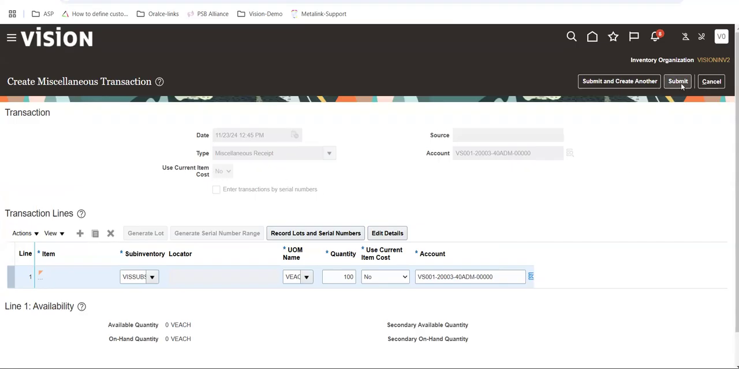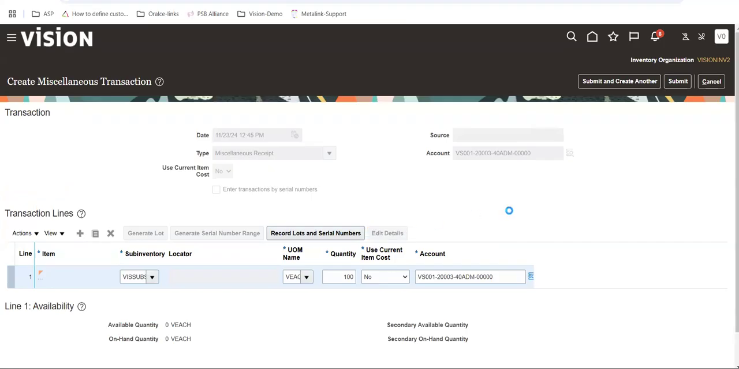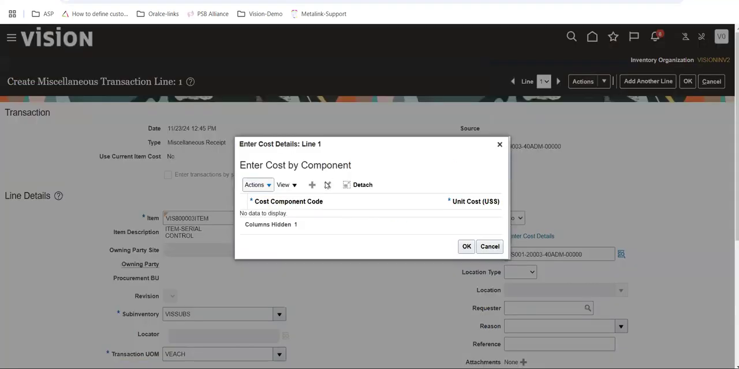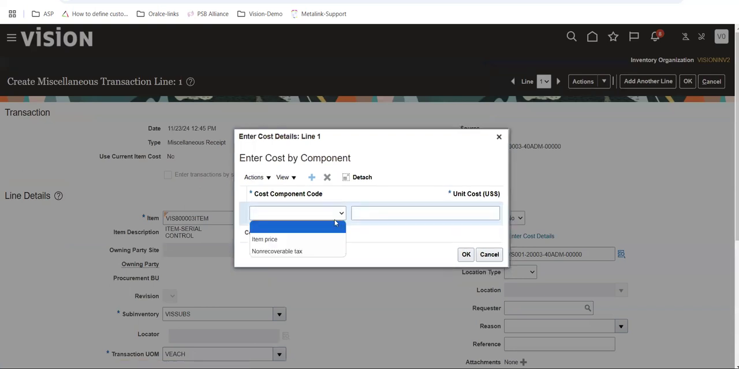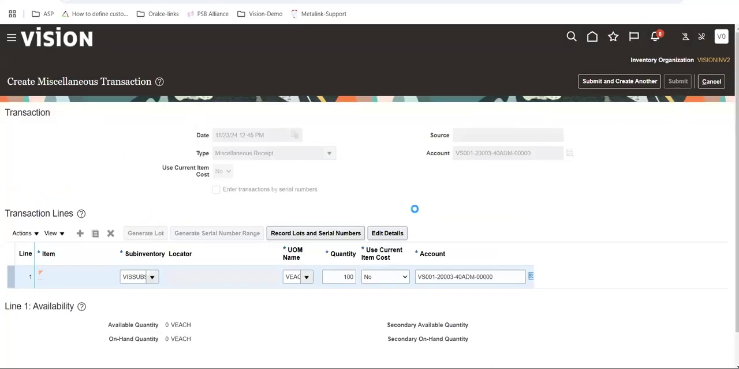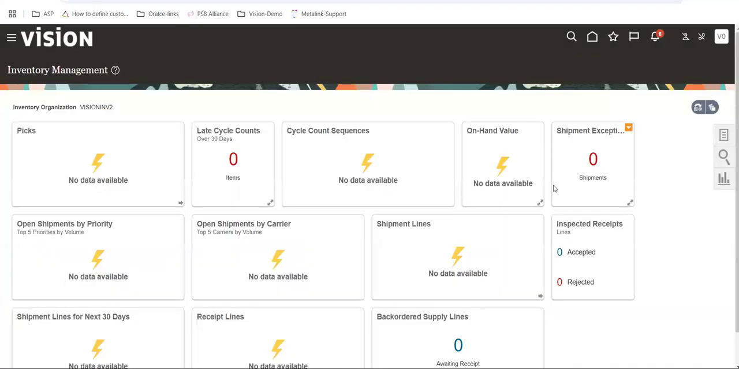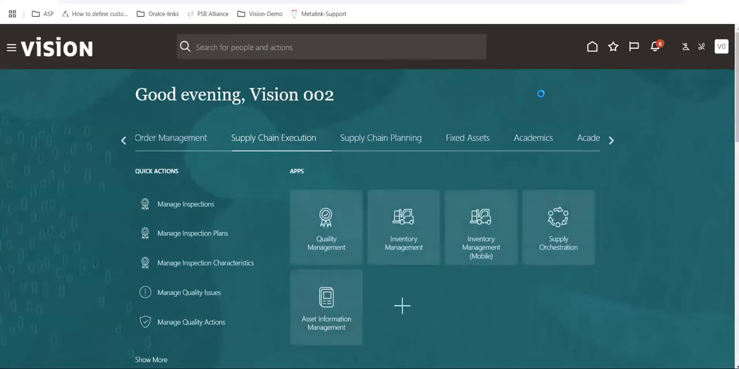So we selected no. It will ask to enter the cost as well. Unit names. That was item price 344. Click OK. And submit. Okay. So this is the way you can do for serialized item. Now we will create one more item for both lot and serial. Let me try. Before that, I'll cover that